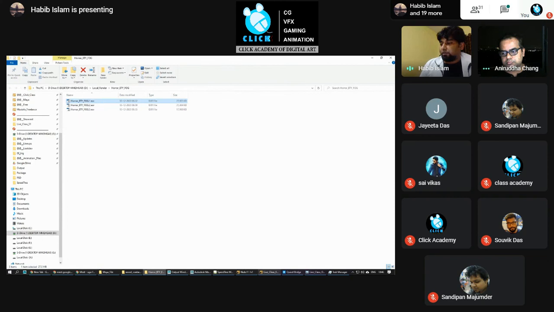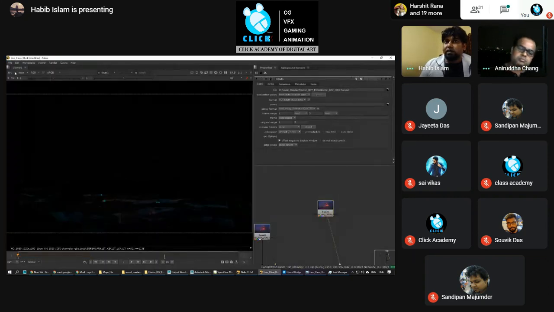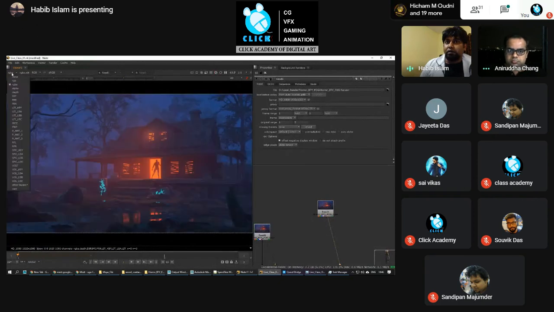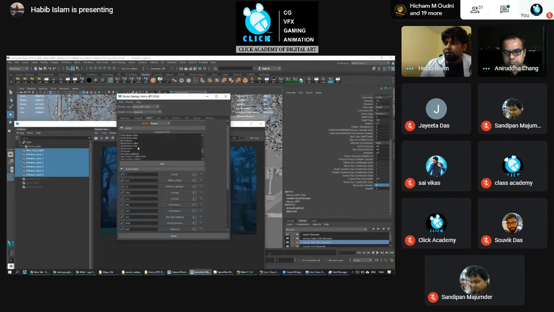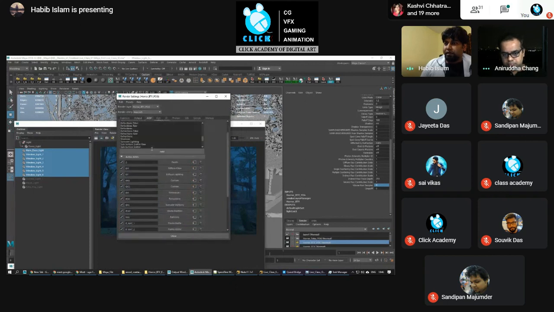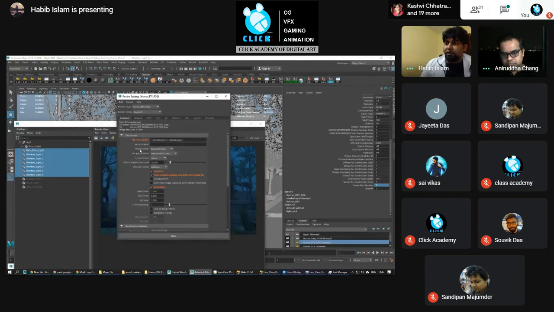And if you open any render in EXR format, inside that, if you go here, you'll find all the passes separately. If you are adding the passes in Maya and rendering that in EXR, this is the image format. The image format is EXR, OpenEXR. Okay.